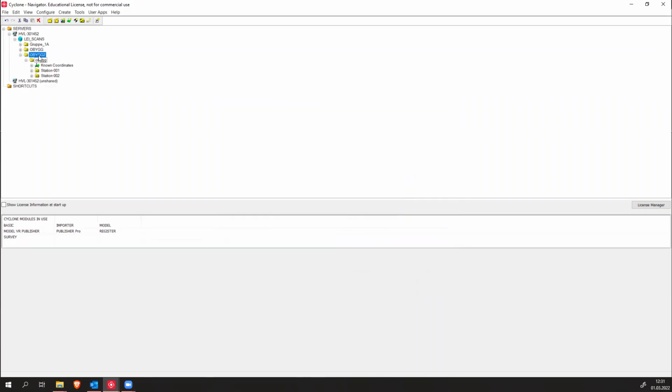All right, and this is our project. And inside this project, we have our project from our instrument, which has been imported. And we used 2 stations, okay? The first station we used was station 1, and we are going to only use this station's data. Okay. Inside this station folder, you have